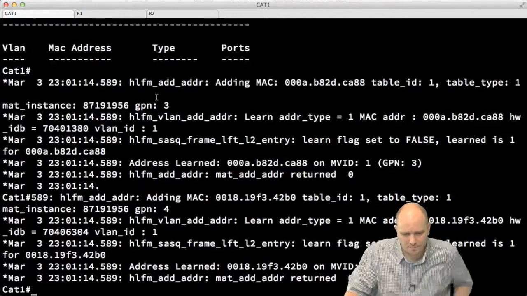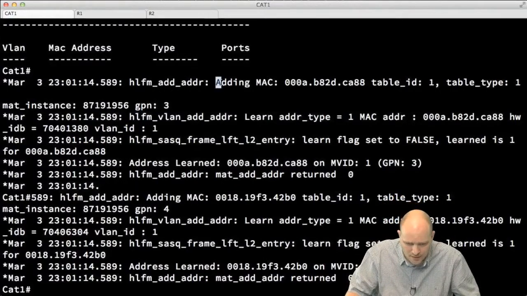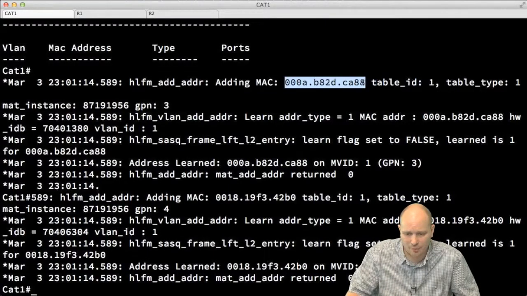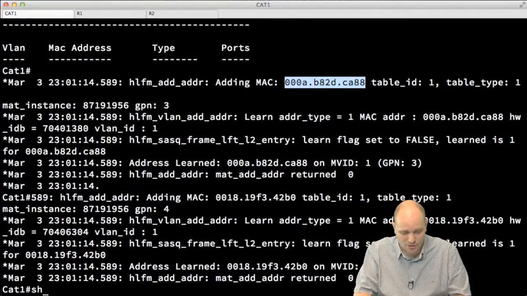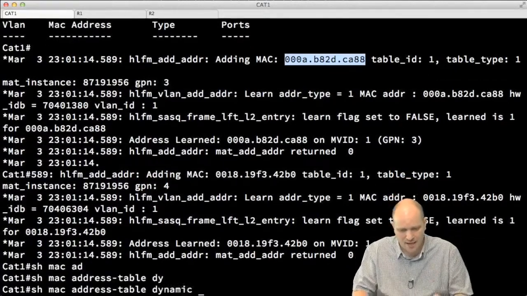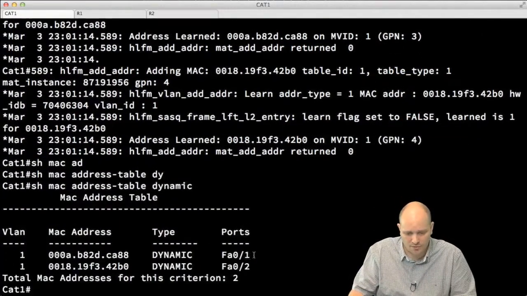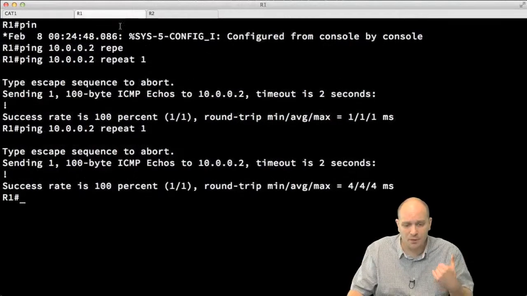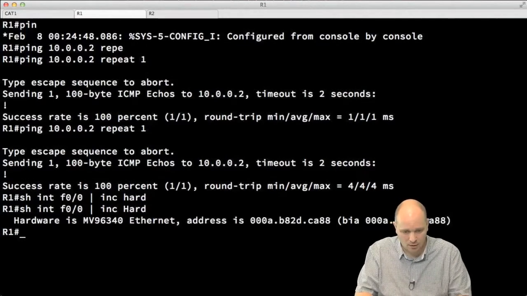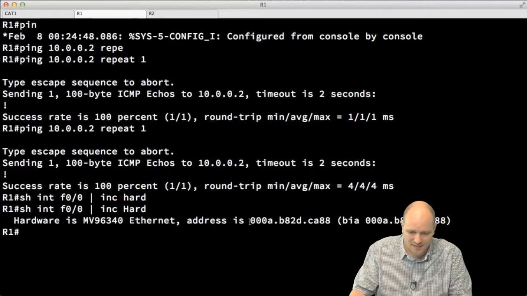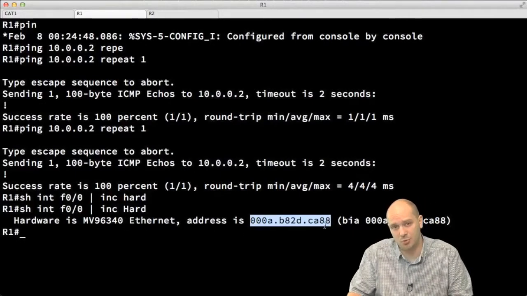What we are interested in at this moment is that here we can see that we are adding a MAC address to our MAC address table. Which MAC address is this? How can I find out this information? Well, of course, I can do show mac address-table dynamic and correlate this information with the information that I know about, or I can simply go to R1 and do show interface FastEthernet 0/0 | include hardware,